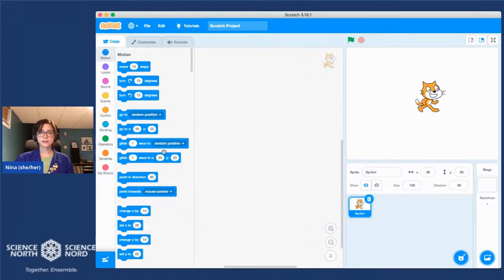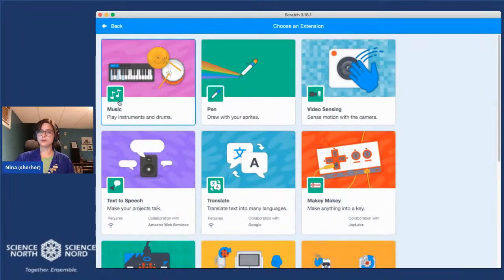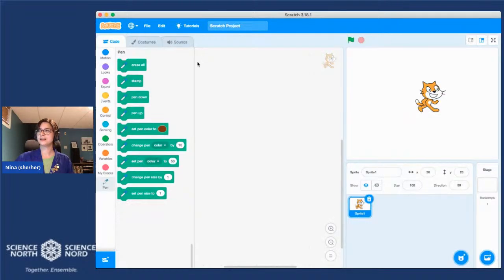To add the pen extension, we're going to go to this blue block in the bottom left-hand corner of your screen. And then just click it, and it will bring us to an extension screen. And the pen extension should be the second extension right here. So if you just click it, it will automatically add this set of teal blocks